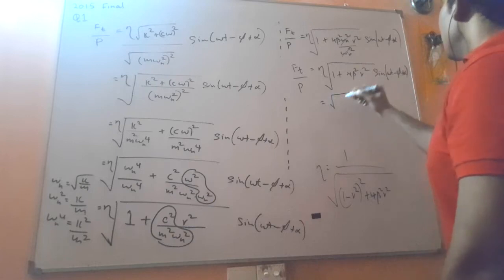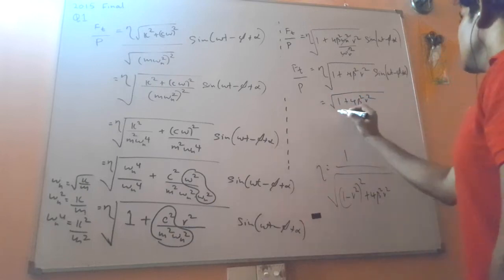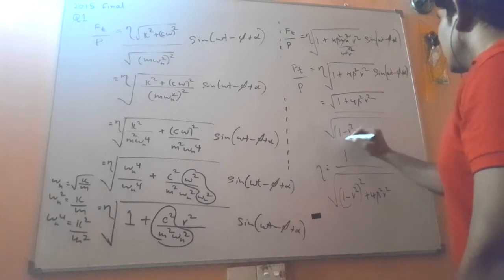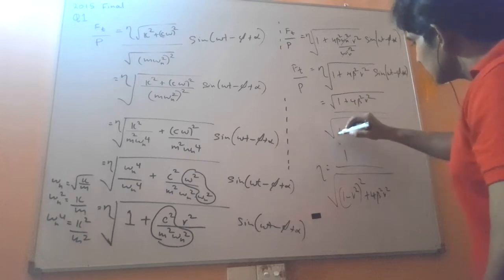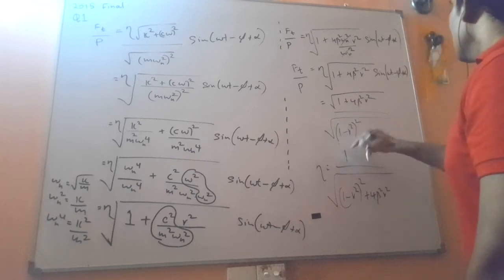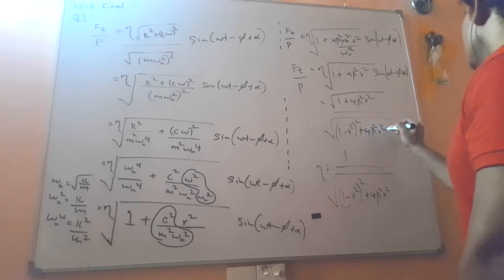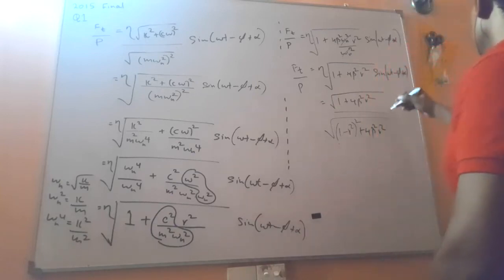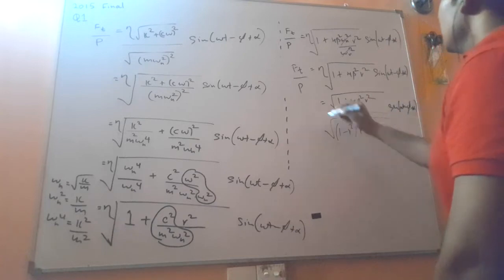Square root of this part: 1 plus 4 beta squared r squared, divided by 1 minus r squared, whole thing squared, plus 4 beta squared r squared, right? And this sine component, sine(omega t minus phi plus alpha),